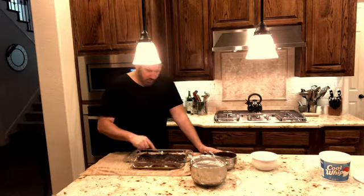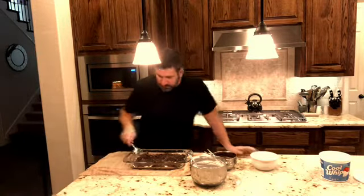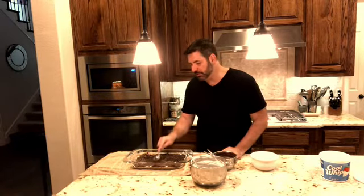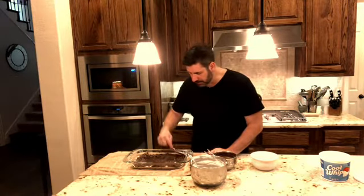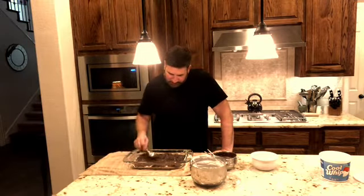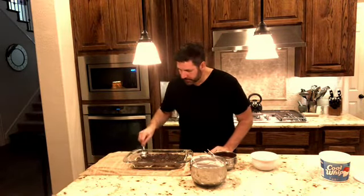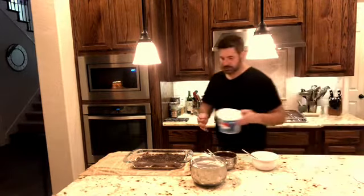And you might say, why are we doing that? Well, because the last layer is going to be the Cool Whip layer. So if it's just laying on top, it's possible it's going to get incorporated into the Cool Whip, and then you won't see that layer where it's all by itself. So we just want to tap it down. If it does stick to the Cool Whip, it's not a big deal, where it shows on the outside. Of course it's going to stick in the inside, but it's not going to be a big deal. Okay. And then the very last layer, I'm going to get my Cool Whip,